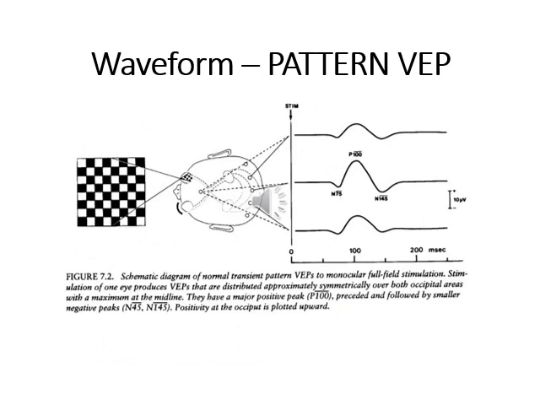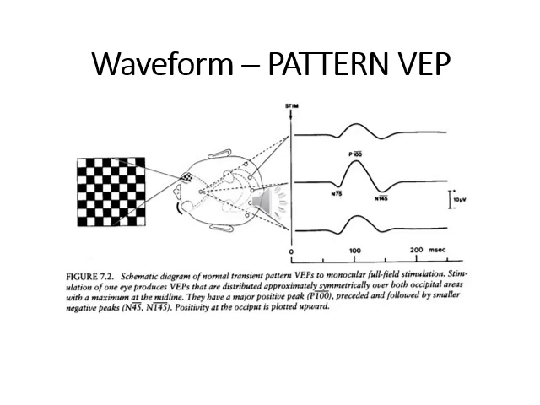This is an image taken from a textbook of a typical pattern VEP recording in an adult. And so you'll see that there's a pattern reversal stimulation of the right eye, and this generates a response at the occipital electrodes, the left and right occipital electrode and the midline occipital electrode. At the midline occipital electrode, you'll see an N75 and the positive deflection denoted as the P100, and then N145. You'll also notice that the lateral electrodes, the responses are a little bit smaller than at the midline,